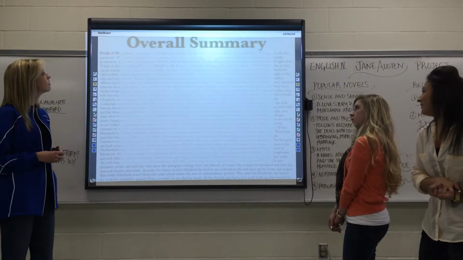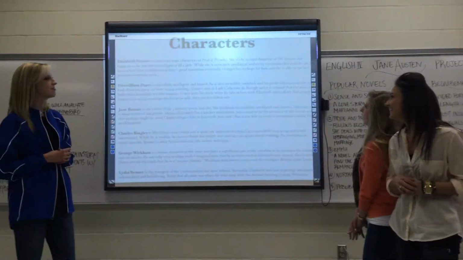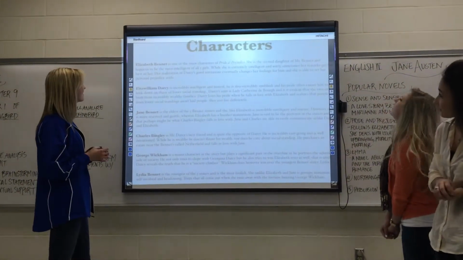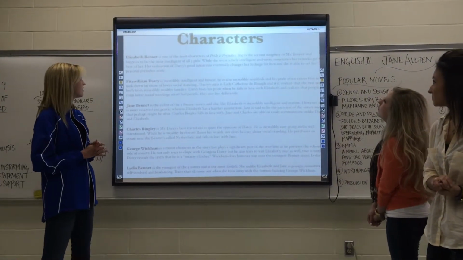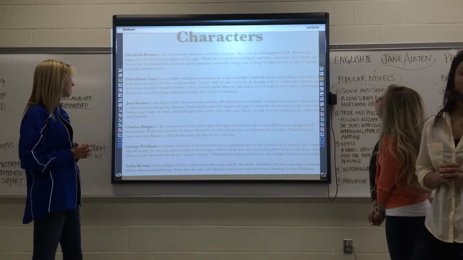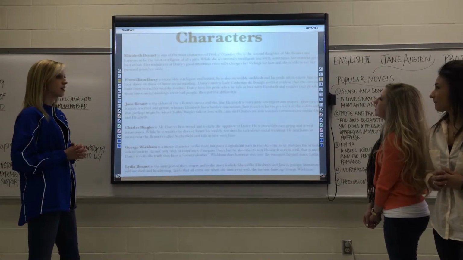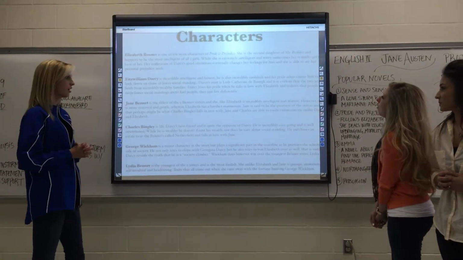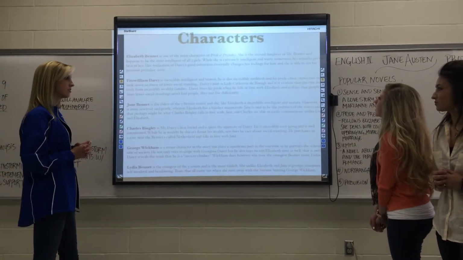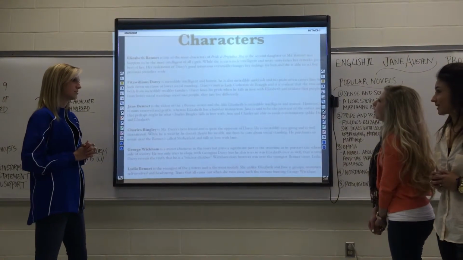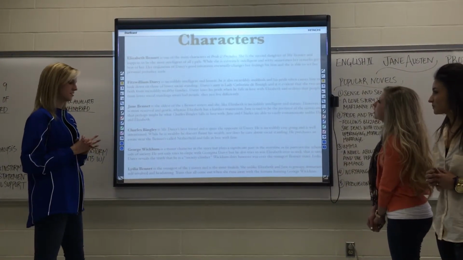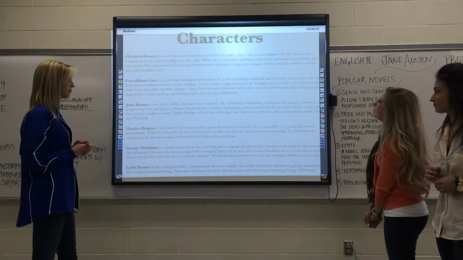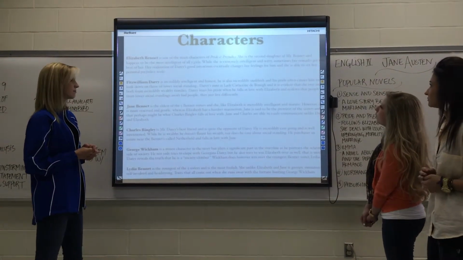The characters. Elizabeth Bennet is one of the main characters of Pride and Prejudice. She is the second daughter of Mr. Bennet and happens to be the most intelligent of all five girls. While she is extremely intelligent and witty, sometimes her remarks get the best of her. Her realization of Darcy's good intentions eventually changes her feelings for him, and she is able to set her personal